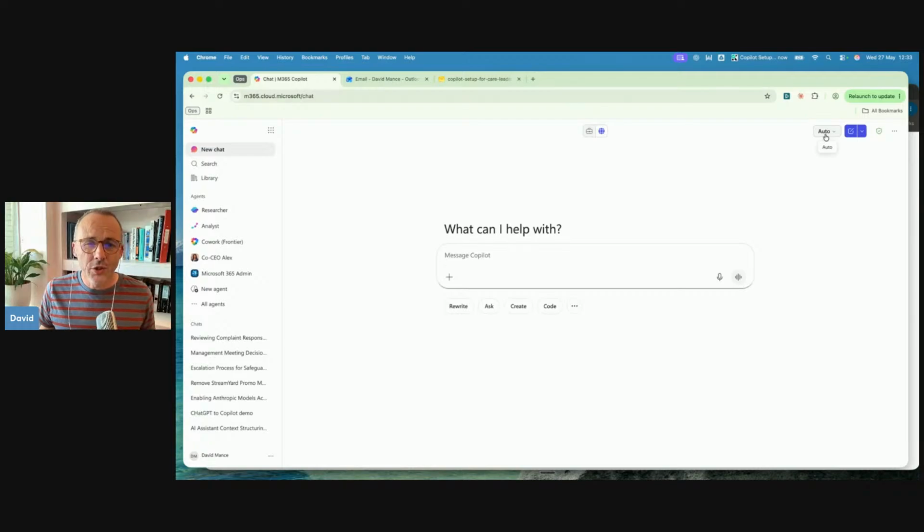It'll make a judgment from your prompt, from what you first ask it, of what it needs. But you do have these other options: quick response, think deeper. They're the first ones. So quick response, exactly what it sounds like. It's fast, efficient, works well for simple factual questions. Think deeper is where Copilot pauses and it actually works through a problem step by step. It's a bit like it goes away, has a little scratch pad and writes up something